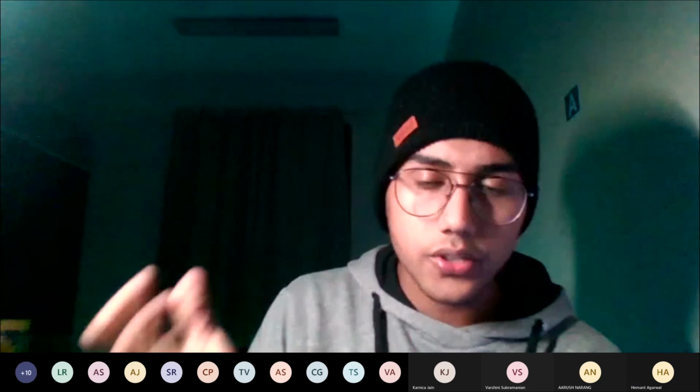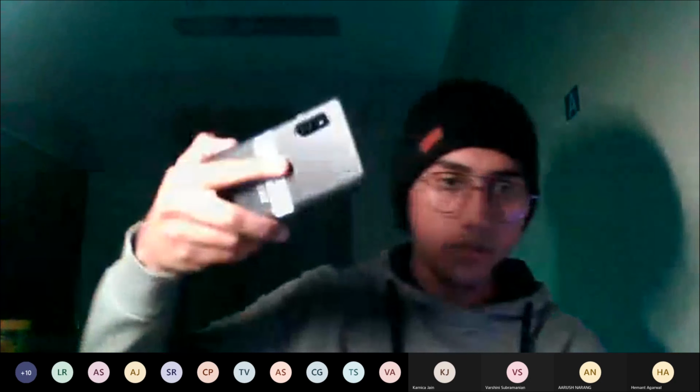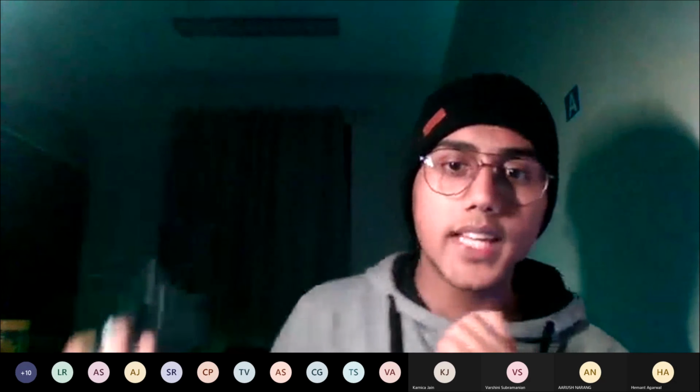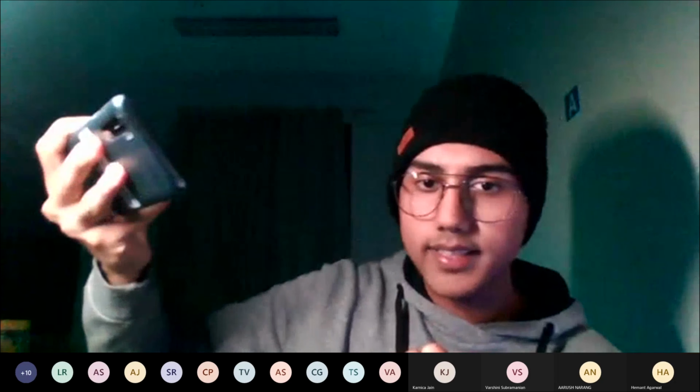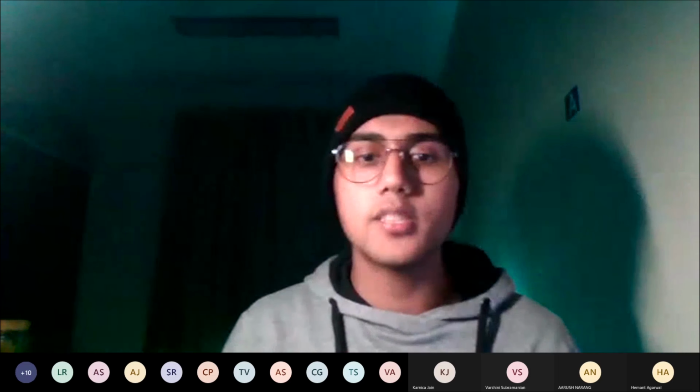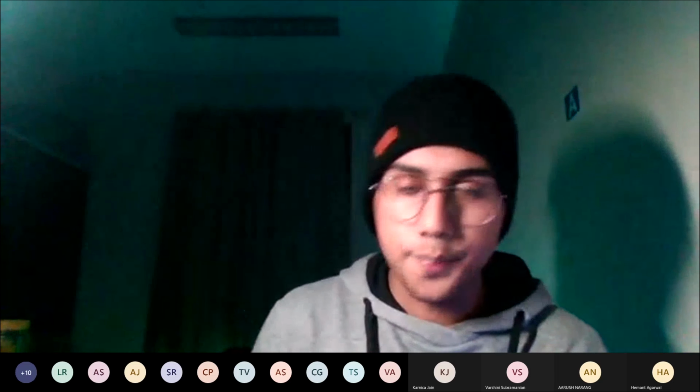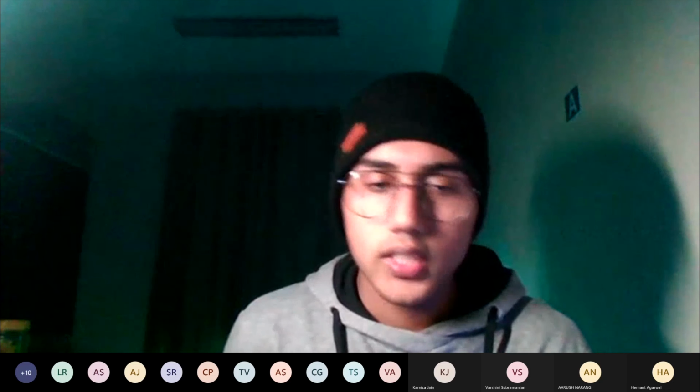If you guys have phones in which you can record in 60 frames a second, just try this once. Take your phone, and when you're shooting in 30 frames per second, wiggle your camera like this once. Then set your camera to 60 frames a second. Wiggle your camera again like this, and you'll be able to realize how much more smooth the video gets. So this was about frame rate.